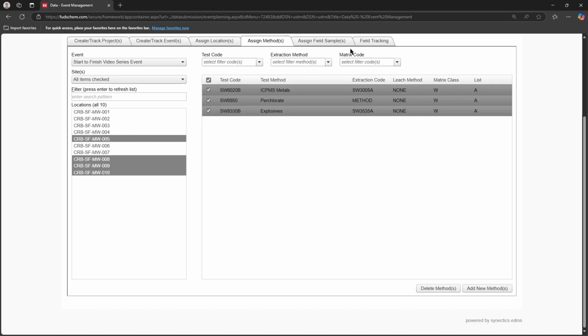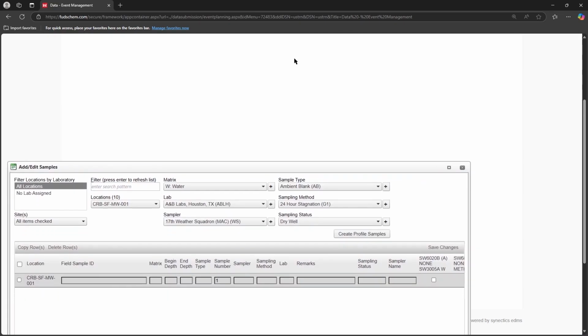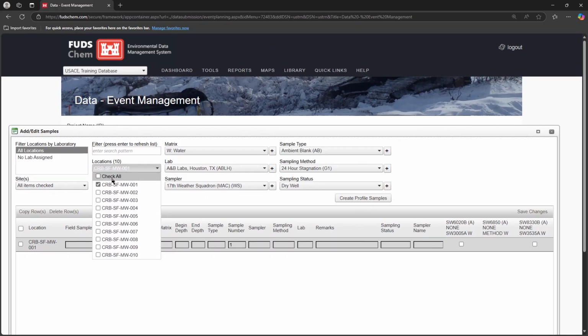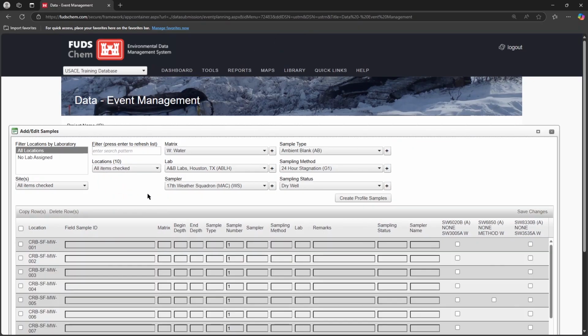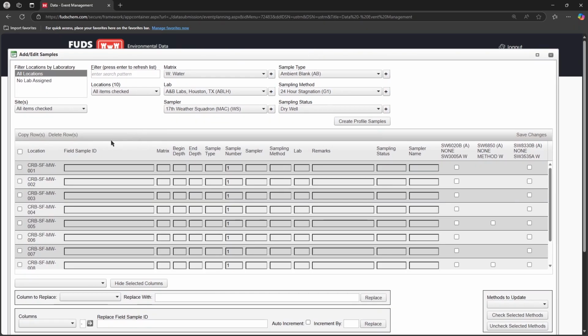Okay, on the Assign Field Samples tab, I can start building out my COC to bring to the field. Let's open this up. Okay, so there's spots for me to fill out sample IDs, matrix, depths, sample types. Wow, it's all here! I want to do this as efficiently as possible, and I saw in the tutorial video